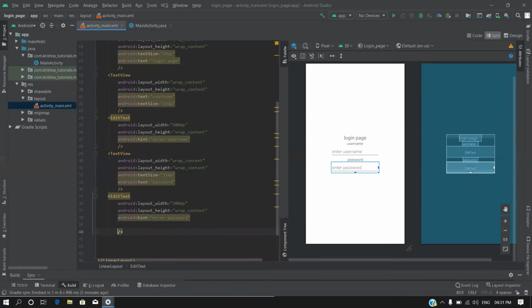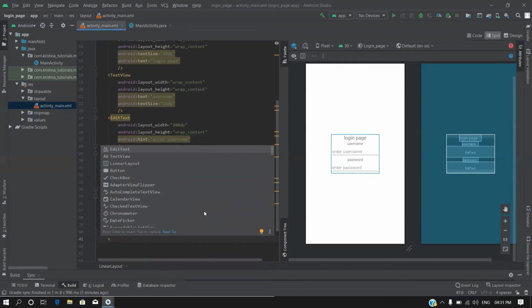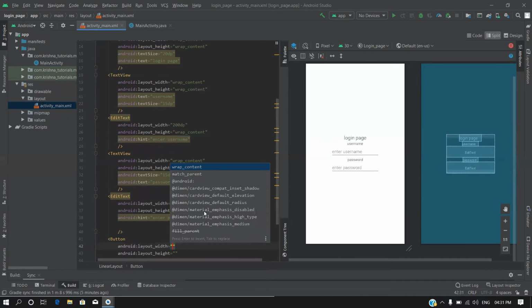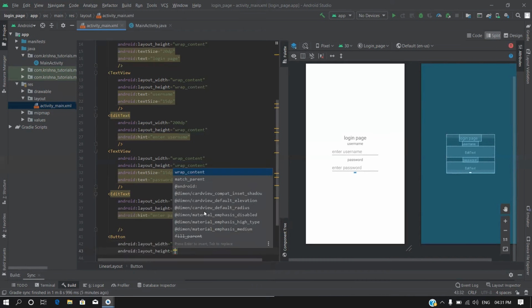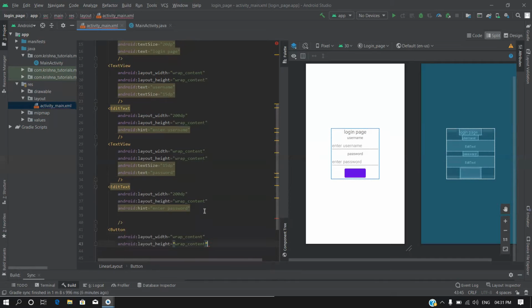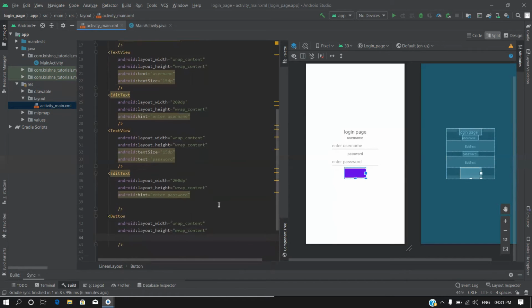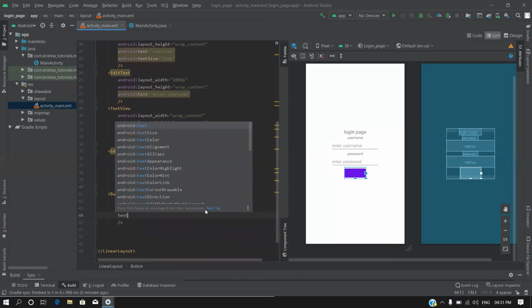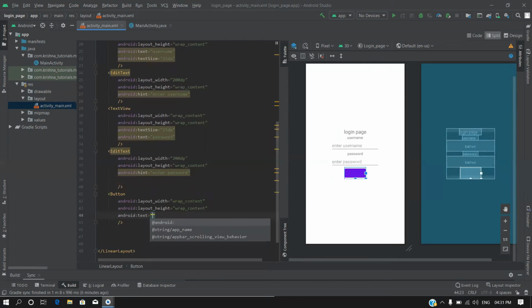Then take one button to submit all these things. The button will be wrap content and wrap content. The text in this button will be log in.